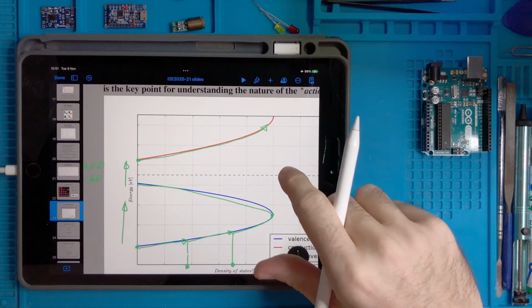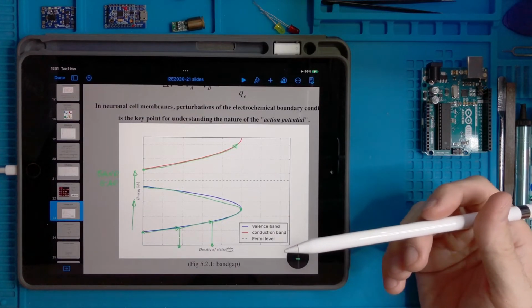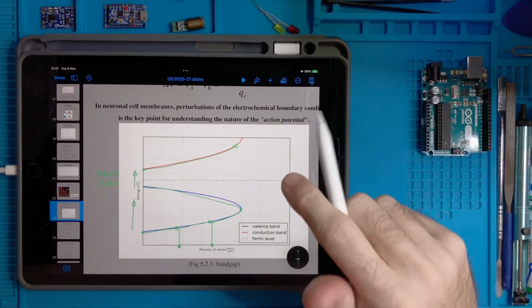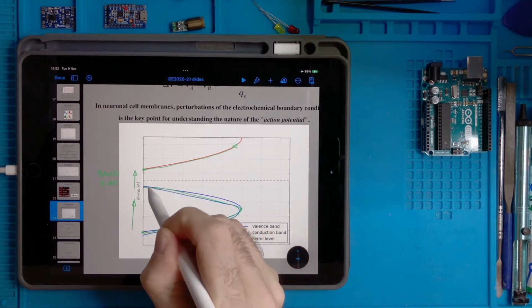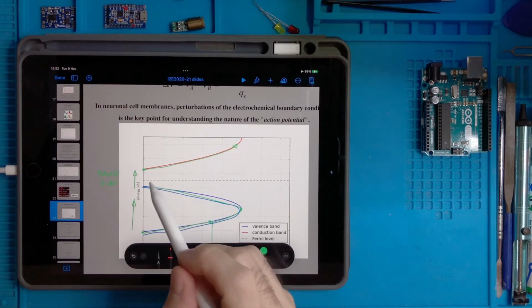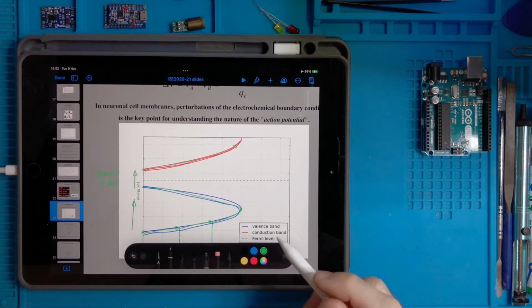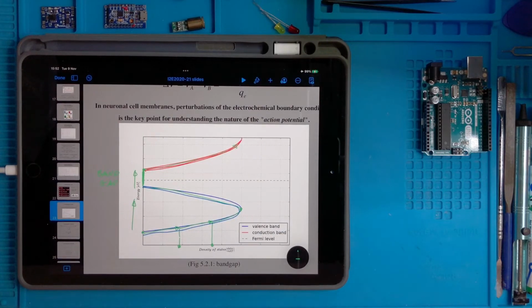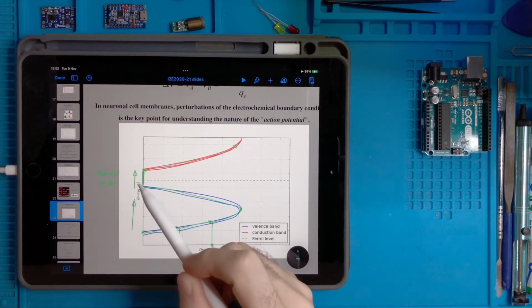Okay, what is interesting is to notice that the energies of an electron are divided into two bands. The blue one, which is called the valence band, so this one, and the red one, which is called the conduction band. Then another interesting thing is that we have a gap where we have no states. It means that the electron cannot stay having this level of energy.